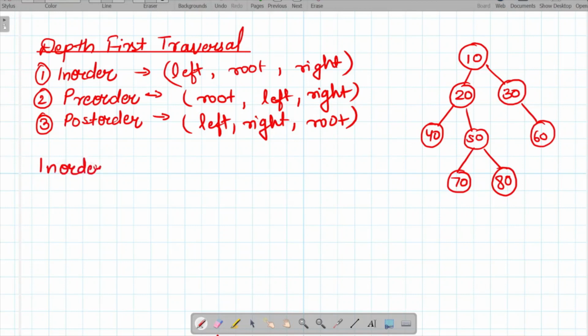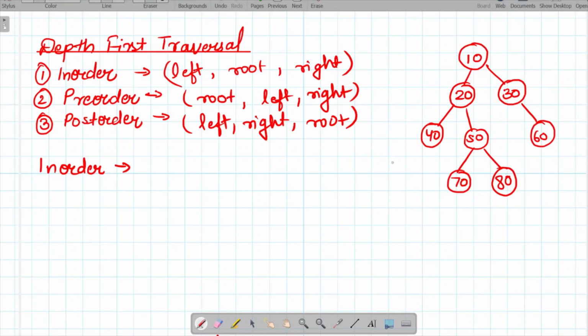So let's first of all find out the in order traversal. While finding out the in order traversal, we know that we have to traverse the left subtree first. Okay, so for 10 we will move in this direction, which is 20, and for 20 we will check if there is a left node. Yes, there is a left node for 20 also, so we will traverse that. For 40 we will check if there is any left node.